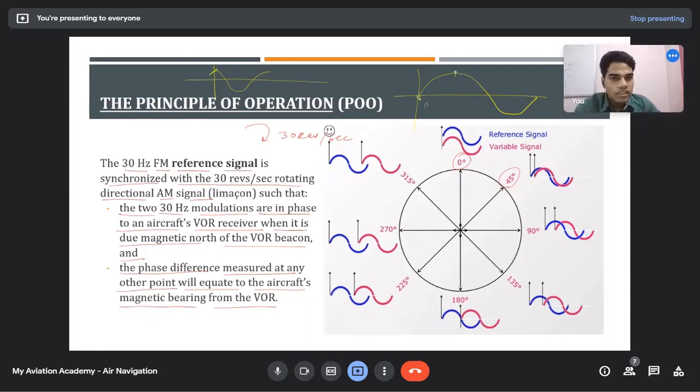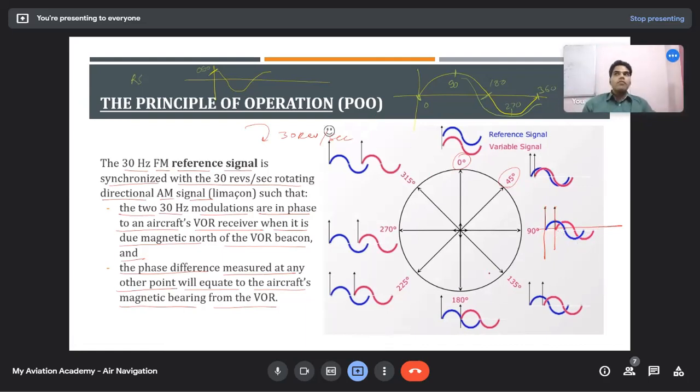This is 0, this is 90, this is 180, 270. So this reference signal is starting where? It is starting at 90. So if you plot it, this graph will start from here. So how much is the difference? 90. 90 is the phase difference. So you can see this diagram. If I draw the graph here, you will have the same diagram which I have just drawn above it. The other diagram is this one. See, this diagram is similar to this one. And that is how you calculate the phase difference.